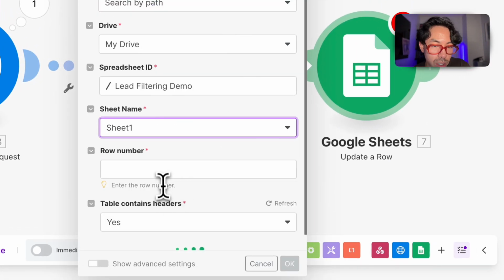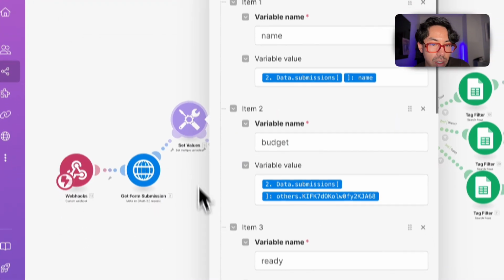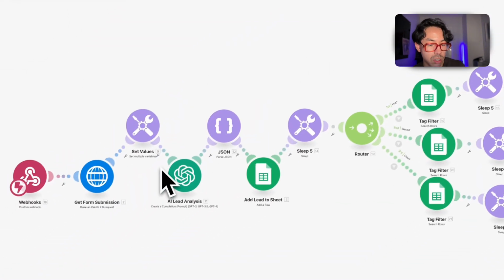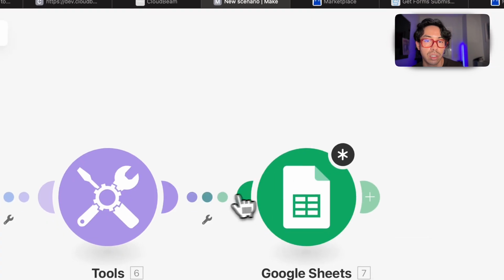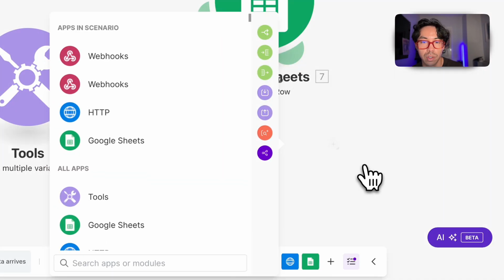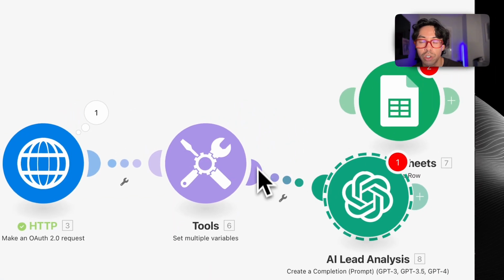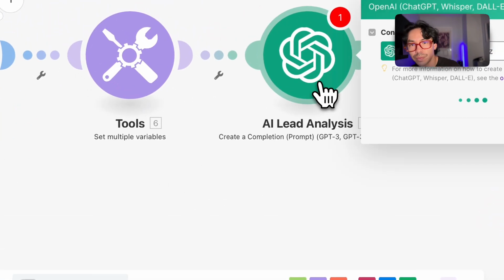It's just sheet 1. Row number will be, how did I have that? I'm wrong. It's actually ChatGPT. So why don't we just copy this, put it in here. There we go. So you're going to want to make sure you have a ChatGPT API account, or rather OpenAI account,